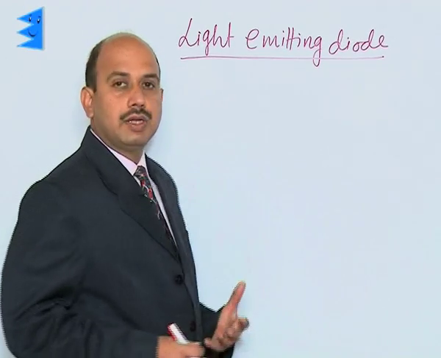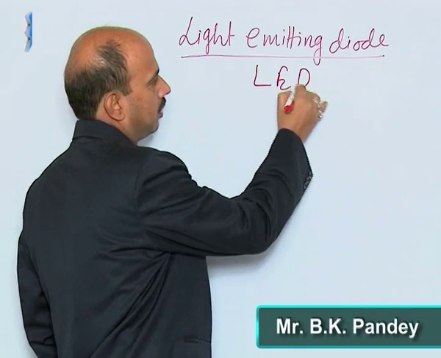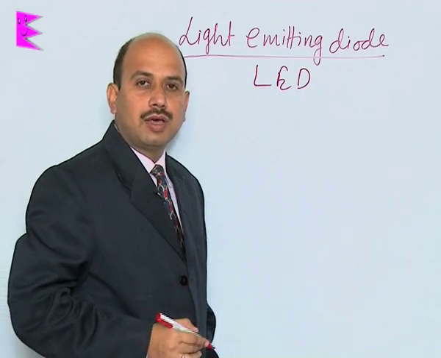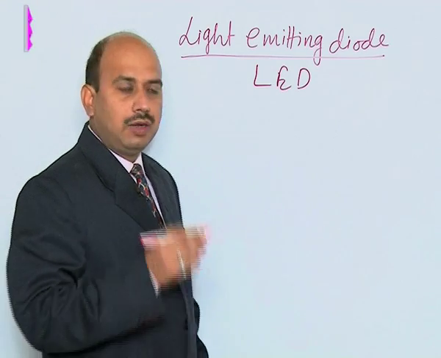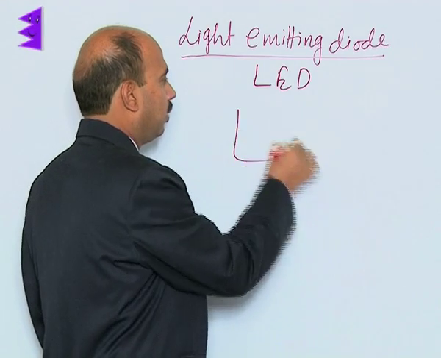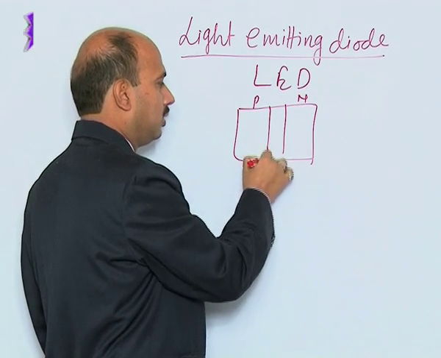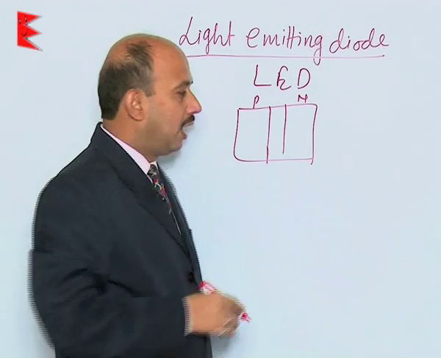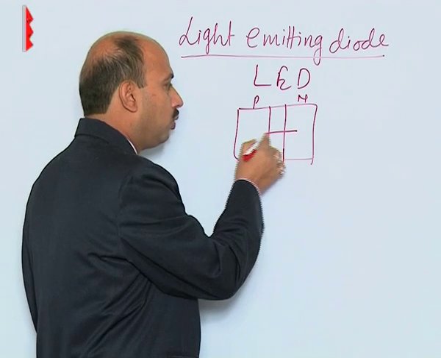Now see a light emitting diode. These are also known as LEDs. Light emitting diodes are heavily doped diodes. They are used in forward bias. And what happens in the light emitting diode, suppose you have a P and N type semiconductor and this is the junction. When these diodes are in forward bias, electrons are sent from N to P